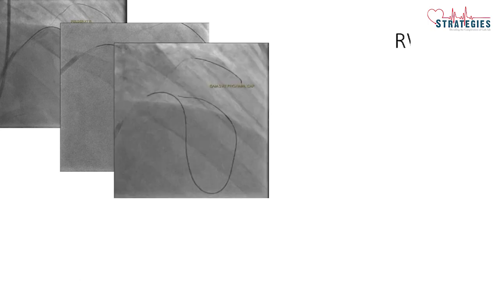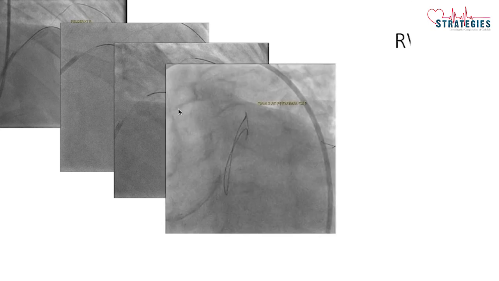And this is Gaia 2. With Gaia 2 I was able to advance up to the proximal cap, but from here it was quite difficult to advance this wire beyond this point. So then I shifted to Gaia 3, as Gaia 2 is not getting advanced. And with Gaia 3 I could advance up to the proximal cap, and I checked my wire position in orthogonal